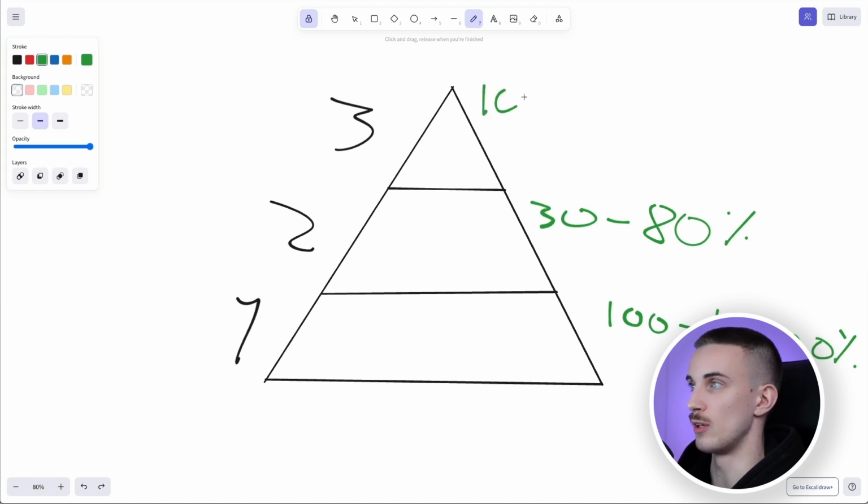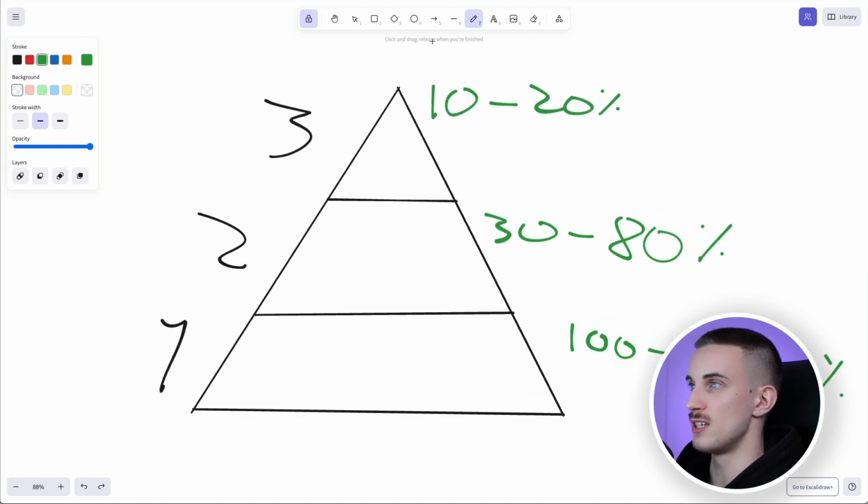And of course, level 3, this is really like micro optimization stuff. Here we are able to impact the results of the campaign by like 10 to 20%. So really small improvements. And the biggest problem that I see a lot of people make when they start testing cold email campaigns, they start testing things that are here. They start from here, which obviously is extremely inefficient because you're just looking for a 10 to 20% increase in your campaign performance when you could spend that exact same time and energy and resources testing on the level 1,